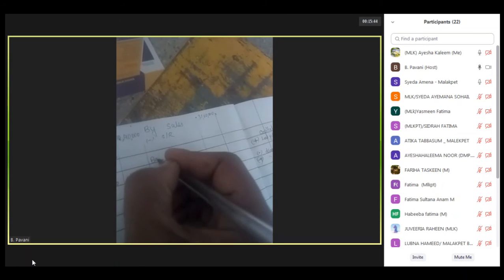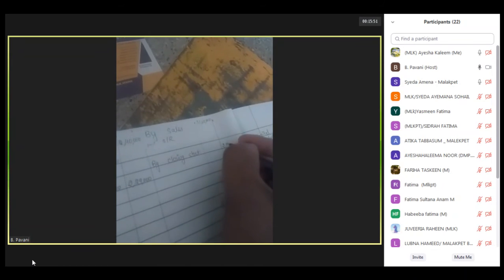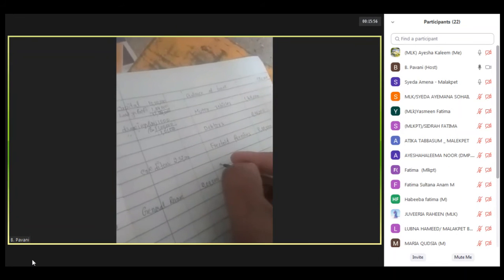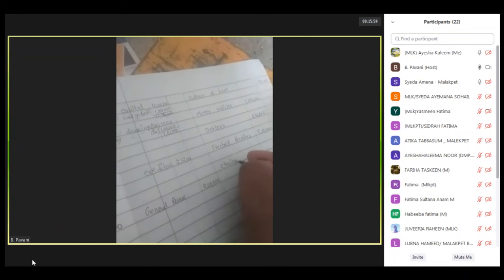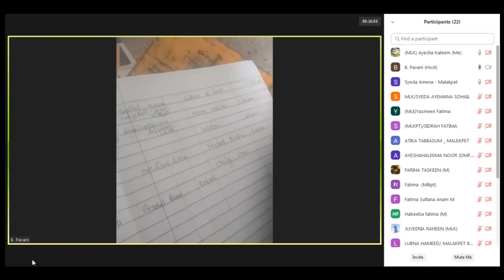Now see, I am going to the adjustments. First adjustment they have given is stock in hand. Stock in hand at the end of the year is nothing but the closing stock. Closing stock will come in the trading account credit side, by closing stock. The amount is 2,80,000. One time we should take it here, and one more time it will come under the asset side. Closing stock 2,80,000.